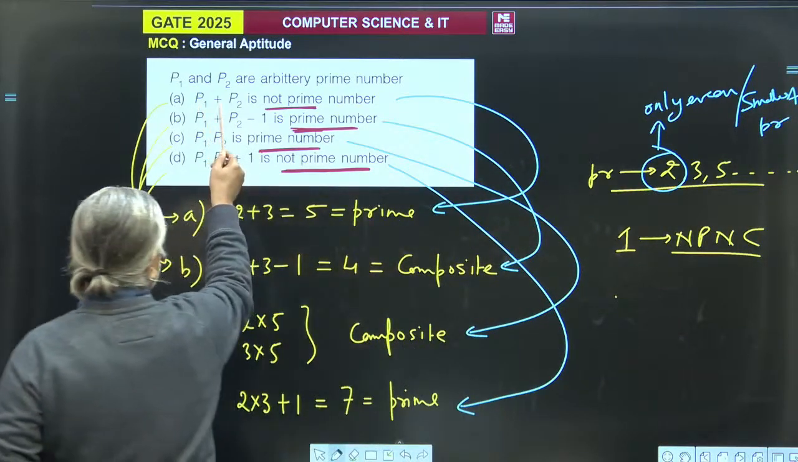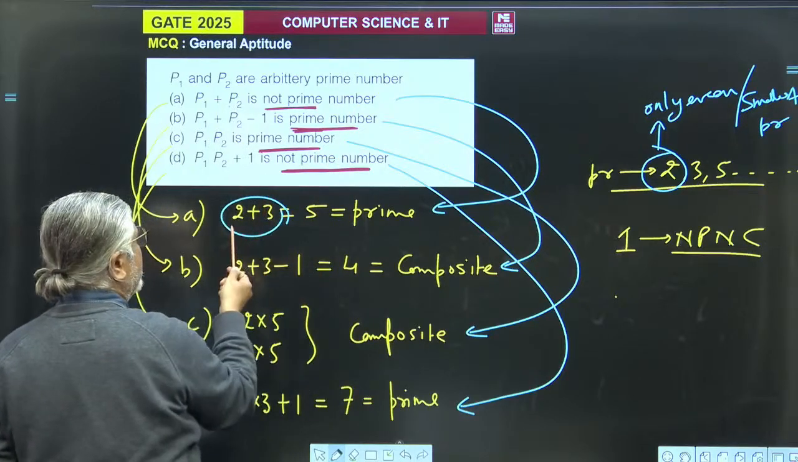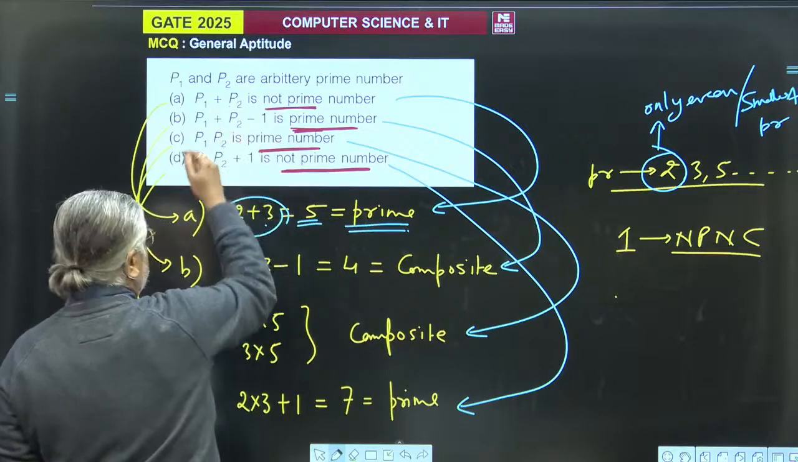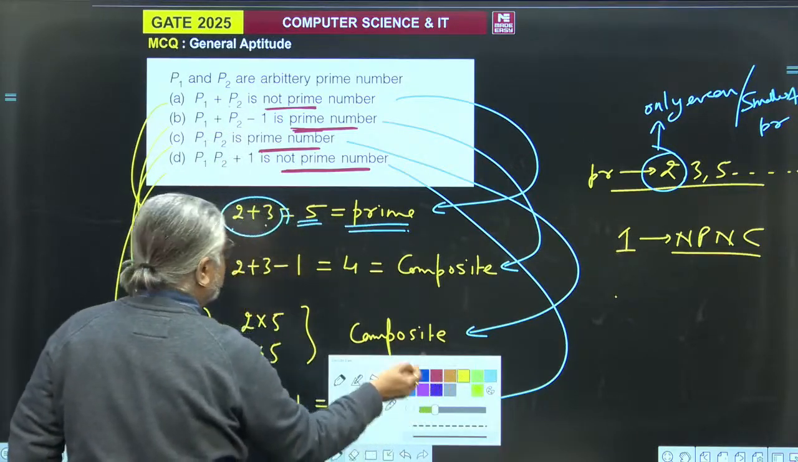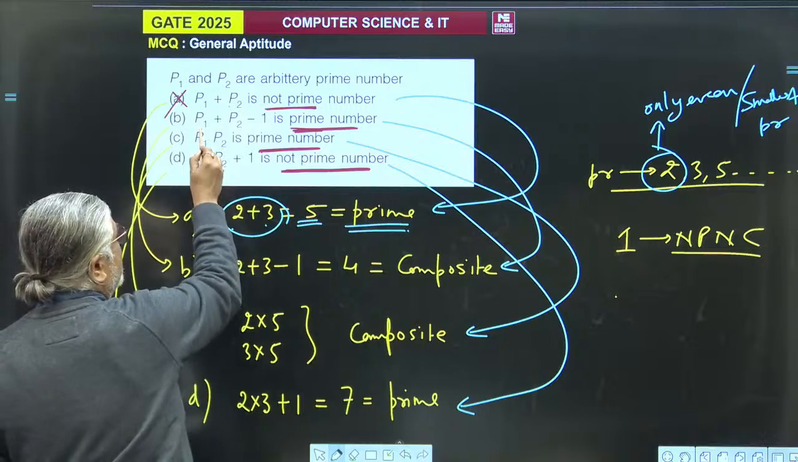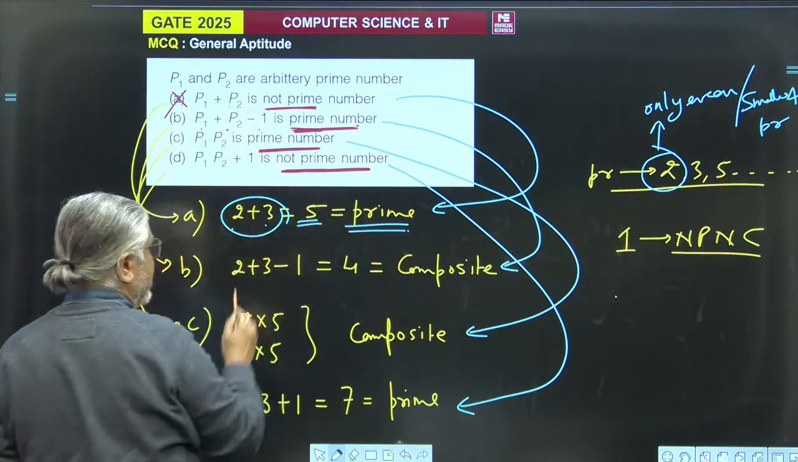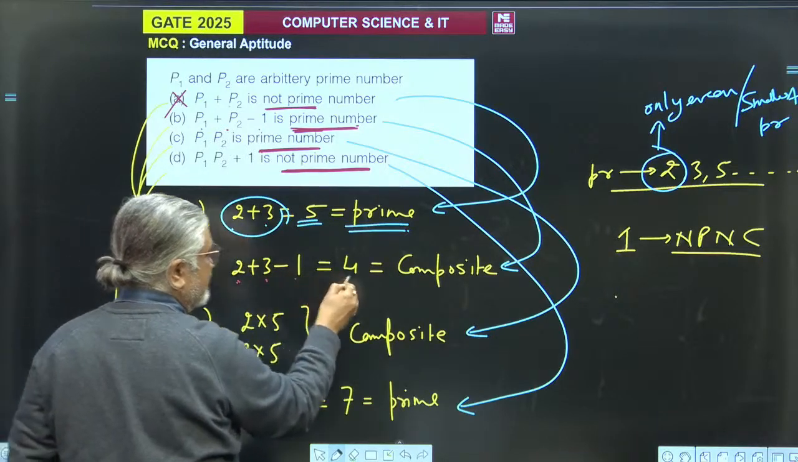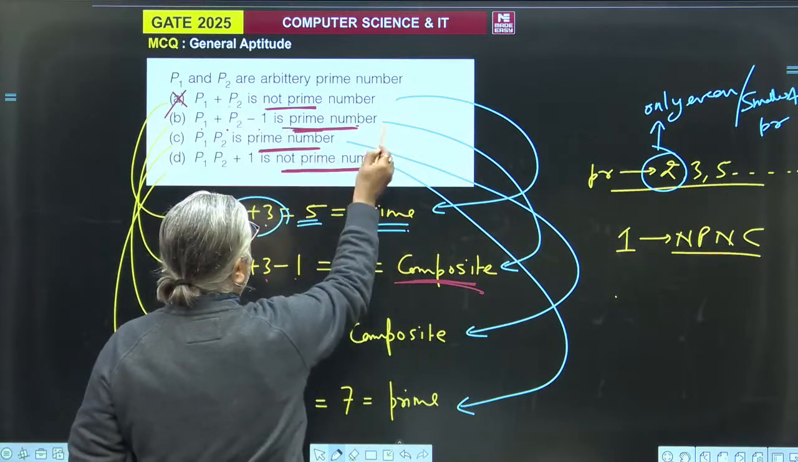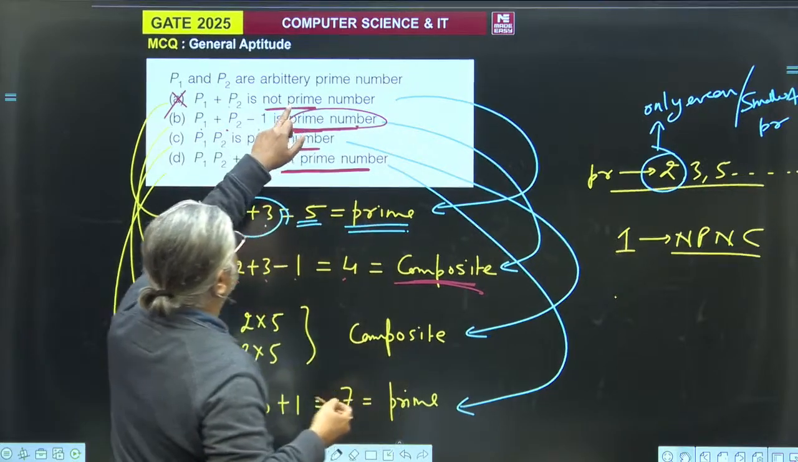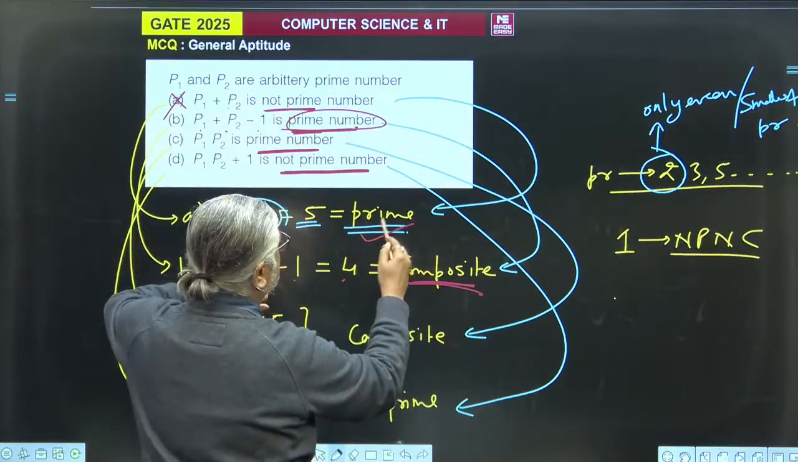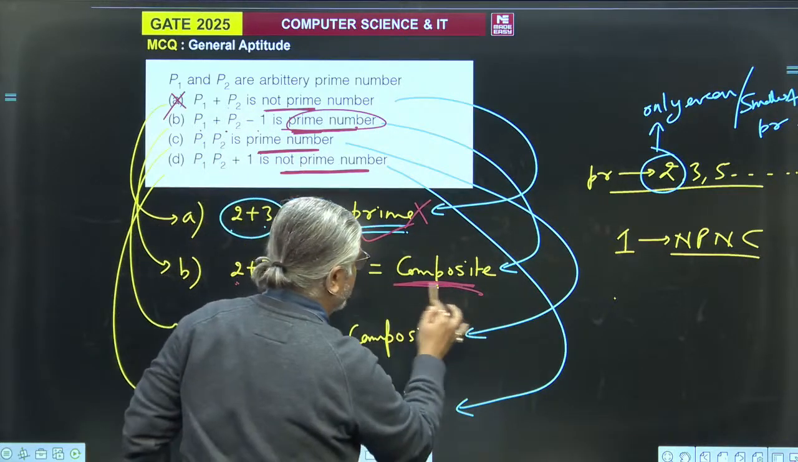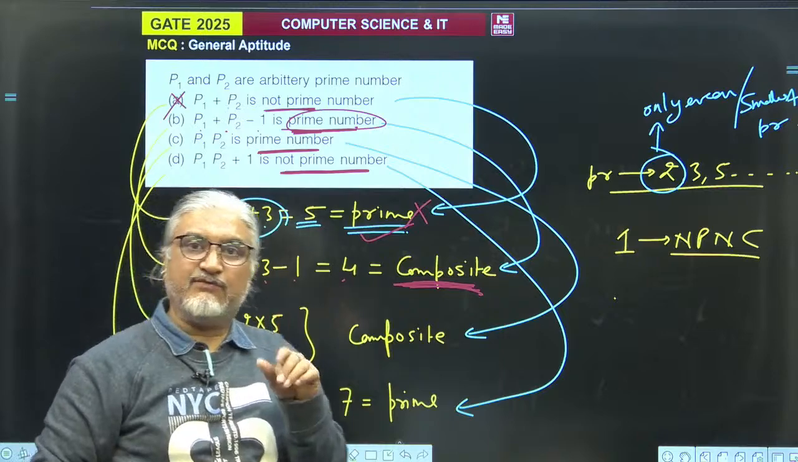अब ये बोल रहा है P1 plus P2 is not a prime number। कोई भी एग्जांपल ले लो, 2 और 3, 5 आ गया, जो कि प्राइम हो सकता है। तो पहला वाला हमारा गलत हो गया, फर्स्ट वन इज रॉन्ग। P1 plus P2 minus 1 इज अ प्राइम नंबर। मैंने P1 को लिया 2, P2 को लिया 3, 2 plus 3 5 minus 1 4, इट्स अ कंपोजिट नंबर। यहां बोल रहा है प्राइम नंबर, ये भी गलत हो गया। पहला वाला बोल रहा है नॉट अ प्राइम, वो आ गया प्राइम, तो गलत हो गया। दूसरा वाला बोल रहा है P1 plus P2 minus 1 इज अ प्राइम नंबर, हमने कंपोजिट निकाल दिया।